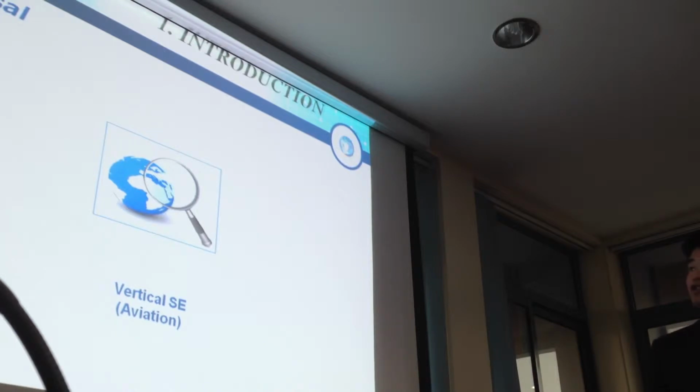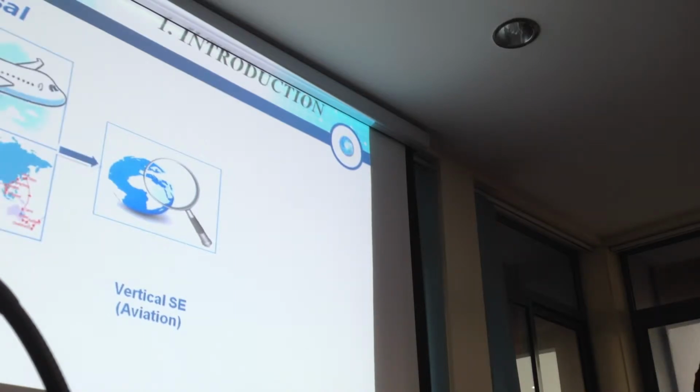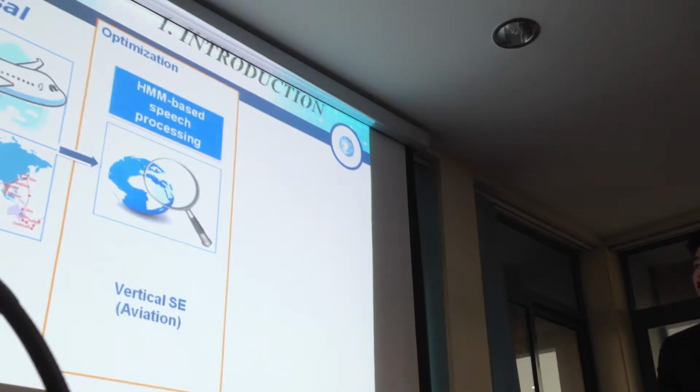And in our research, we make an effort to contribute a search engine for a specific domain, that is the aviation data. To build this search engine, we face two problems. The first problem is what technique we use for the search engine, and the second problem is how to help the user interact with the computer system.